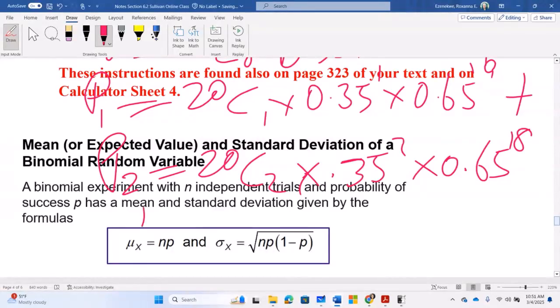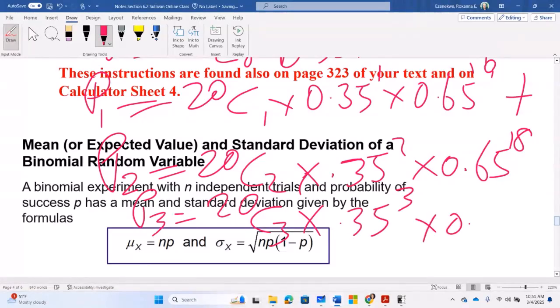Okay, so now if I'm told to find P3, 20 combination 3, and if you're told to find them individually and make a table, this is what you have to do. 0.35 to power 3 times 0.65 to power 17. That's 20 minus 3. Okay. And when you finish, you make a table. We have already